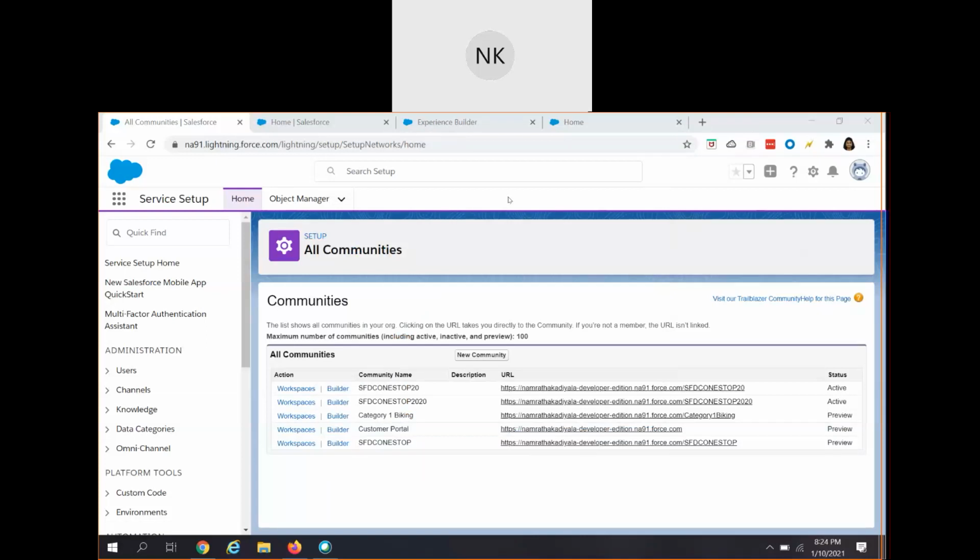Now, when we try to log into any of our community pages, initially when we select this language selector, it appears in the default community language until our community users try to select their preferred language. Whatever I'm discussing right now, I will try to demo it so that you can easily understand what actually we are talking about.